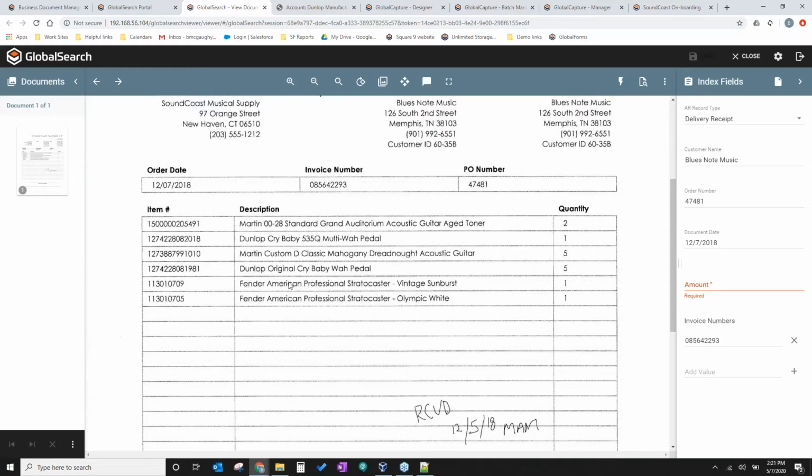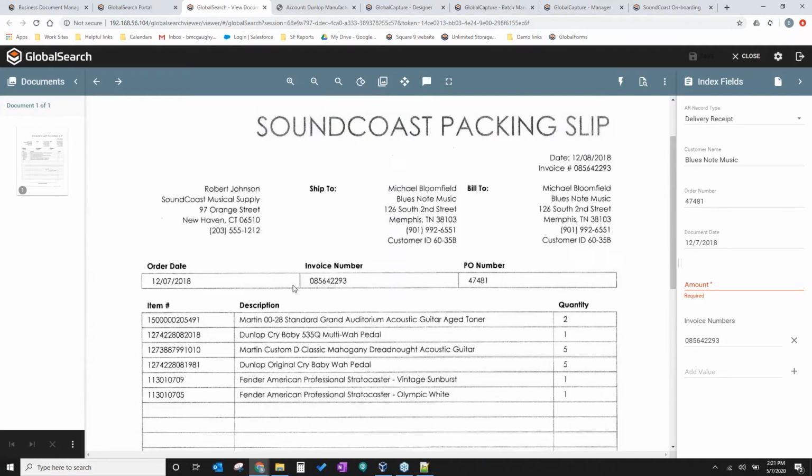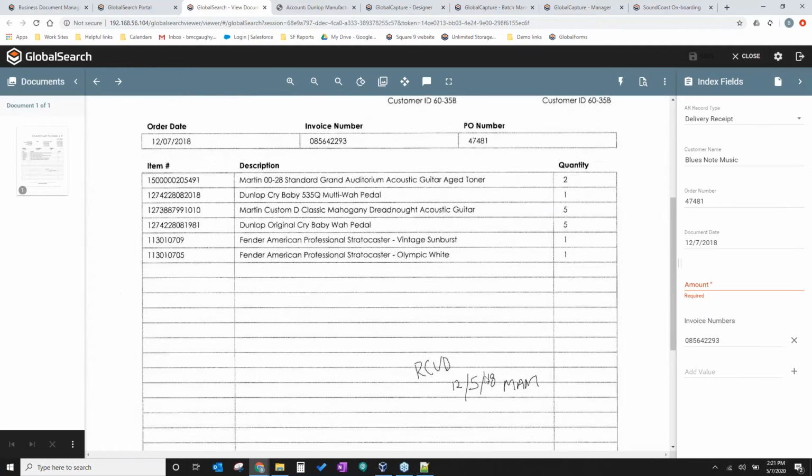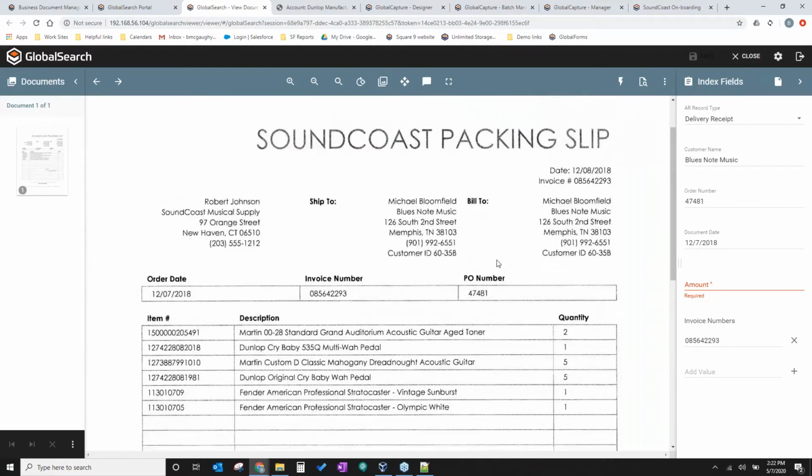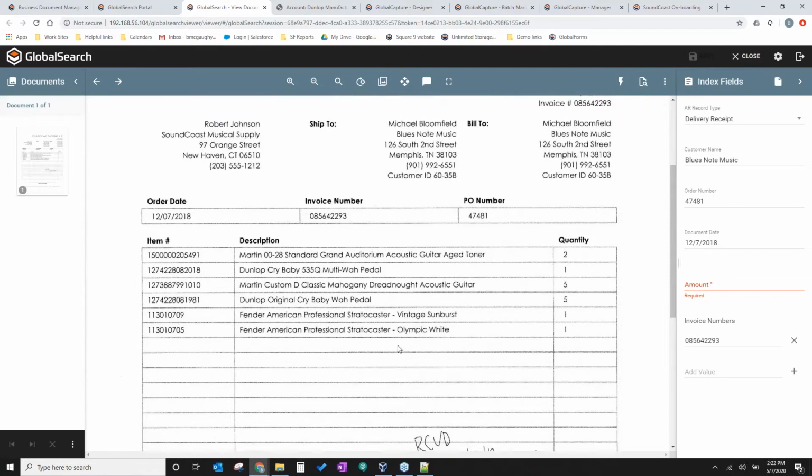I look at this delivery receipt and I say, well, it shows that y'all received these on 12/5, but the initials were MAM. Oh, that's Mark in logistics. You know what? Let me go talk to him and find out what happened with those guitars.